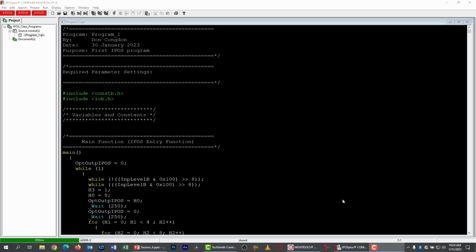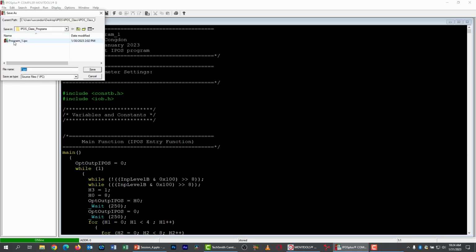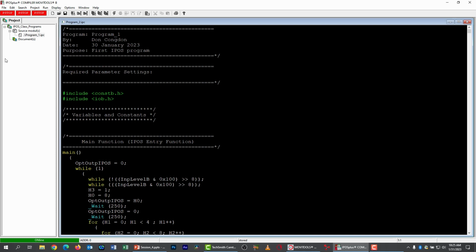All right, well, we're going to make some modifications to program 1, and as the instructions told us, we need to switch to a new source file because we don't want to actually lose program 1. We want to keep a record of the programs we've developed and all the intermediate stages. So first thing I'm going to do is do a save as to make myself a copy of program 1. Program 1 is just fine. We're going to build on it, so I'm going to create a copy called program 2 by doing a save as. And what I'm going to do now is I'm going to close